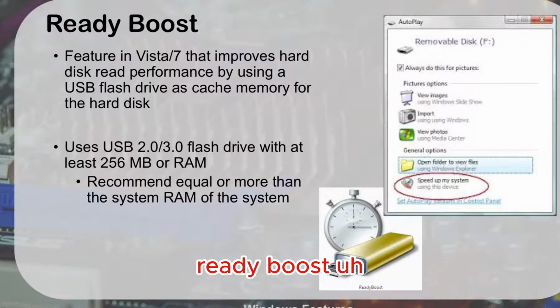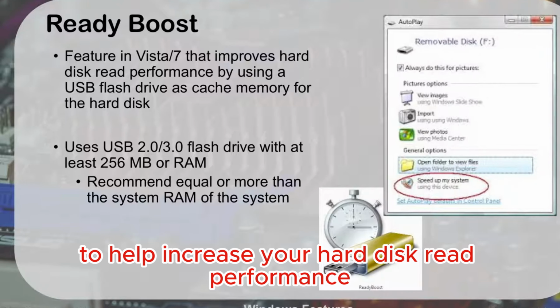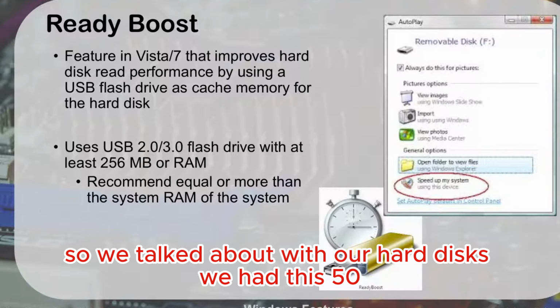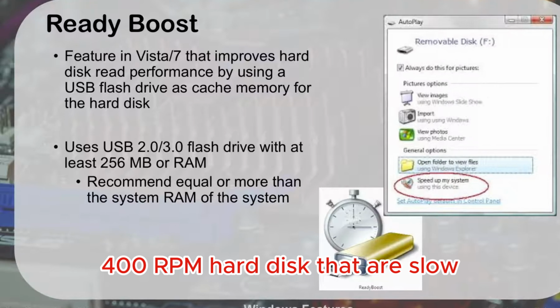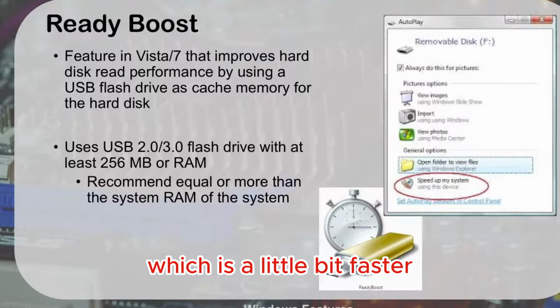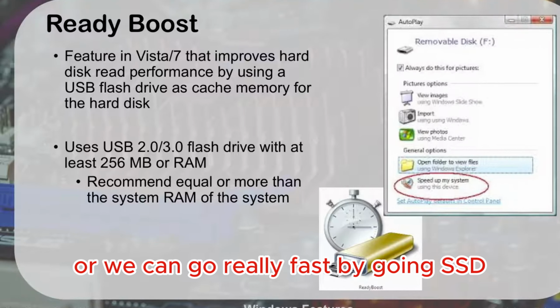ReadyBoost. ReadyBoost is a feature they introduced in Vista to help increase your hard disk read performance by using USB as a cache. So we talked about with our hard disks, we had those 5400 RPM hard disks that are slow, and then we have 7200, which is a little bit faster. We have 10,000 and 15,000, which are much faster, or we can go really fast by going SSD, solid state